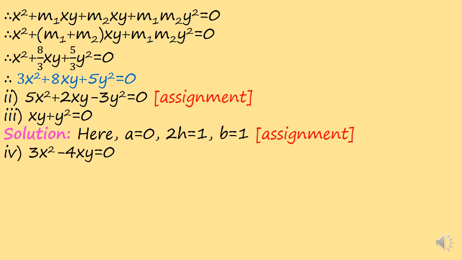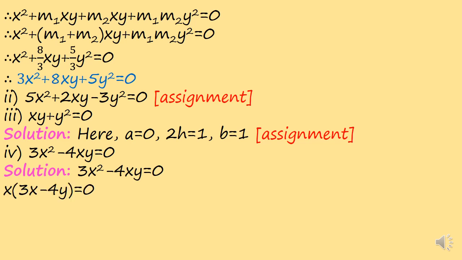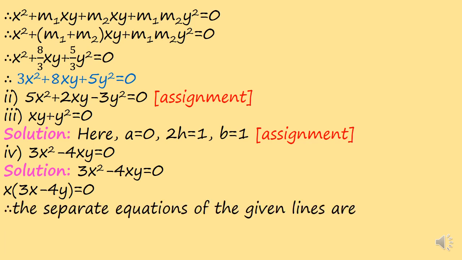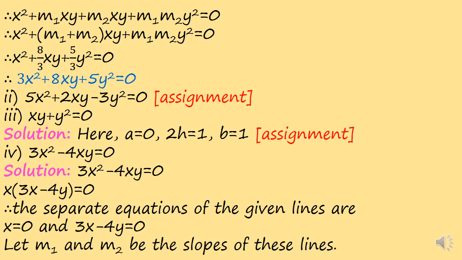The next question, 3x square minus 4xy is equal to 0. Here, let us take x common. So in the bracket, we get x(3x minus 4y) is equal to 0. So this was the combined equation, and the separate equations of the given lines are x is equal to 0 and 3x minus 4y is equal to 0. Now, suppose m1 and m2 are the slopes of these two lines. Then,